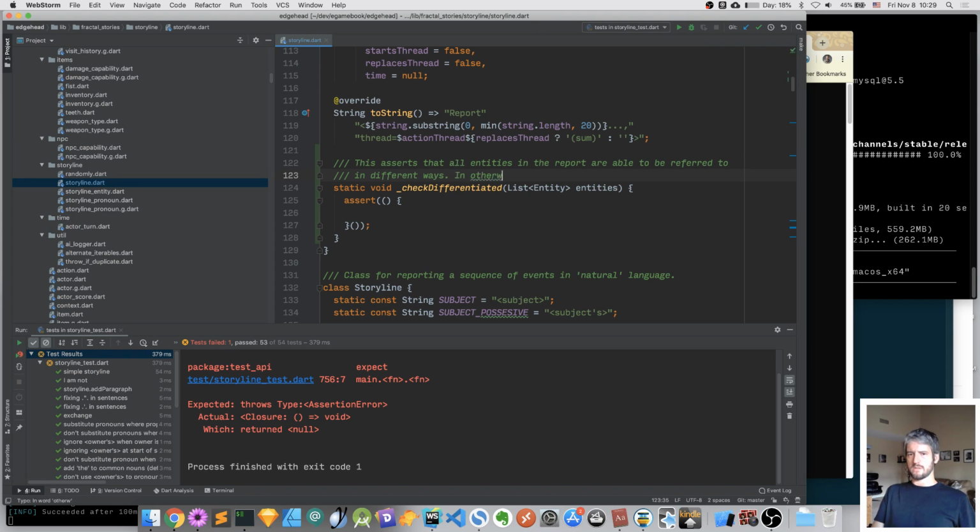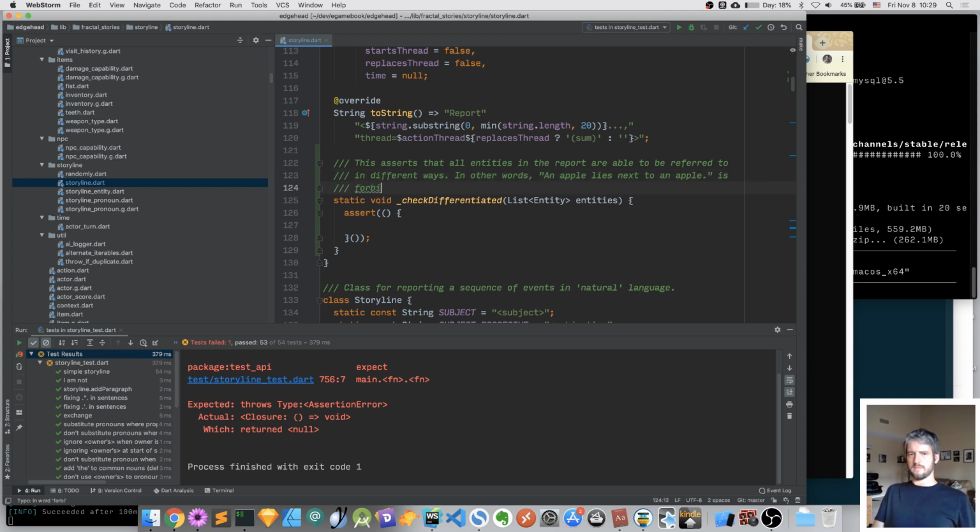In other words, apple lies next to an apple is forbidden. Verboten. Okay. So we are going to not care about performance that much, because this is, as I said,